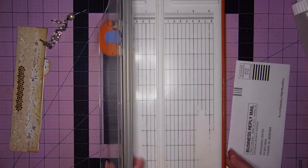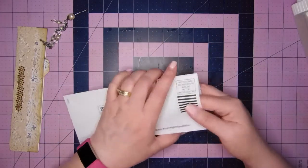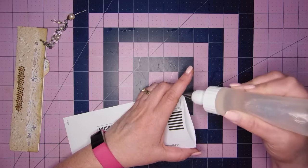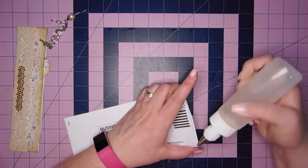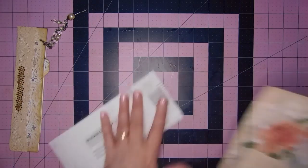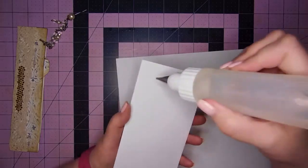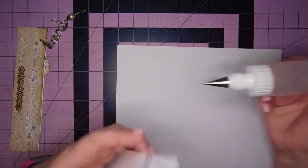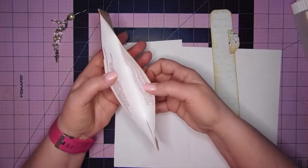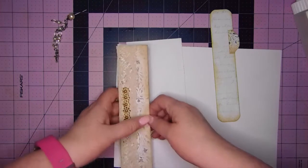Okay, now I do want to glue this closed because I'm not using the inside of this envelope. Just a little bit of glue there. Okay, so I'm going to use this side, and I'm just going to glue this side to the paper. I don't know if you'll see on this one, I did it this way, so you can tell it's an envelope, which doesn't bother me at all,